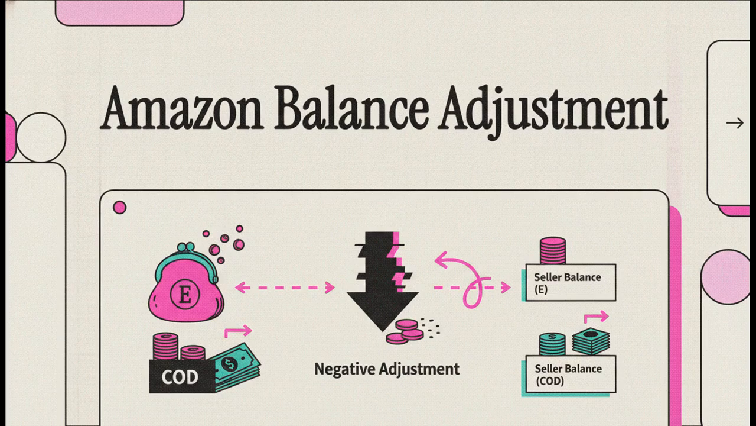Welcome to this explainer. If you've ever looked at your Amazon Seller Central dashboard and just scratched your head over missing funds or weird balance shifts, you are in the exact right place. Today, we're going to completely demystify a very common source of seller anxiety, Amazon's negative balance adjustment policy between your electronic and cash-on-delivery transactions. We're going to break down exactly what happens to your money, step by step, so it